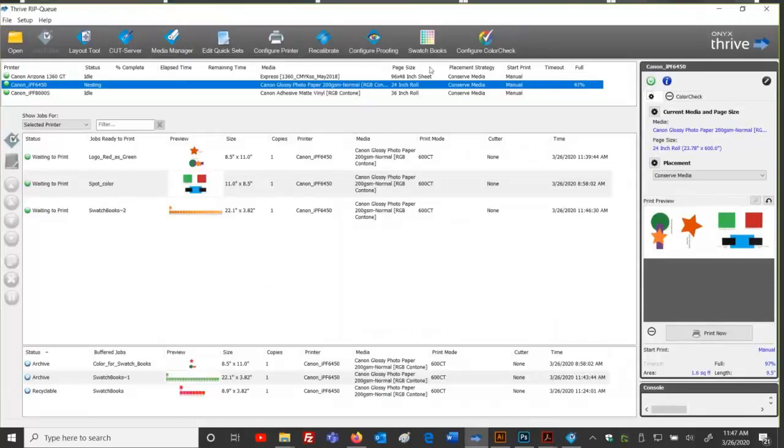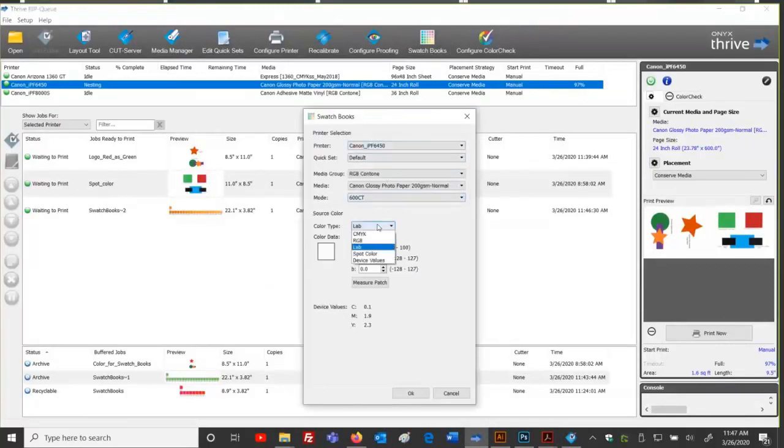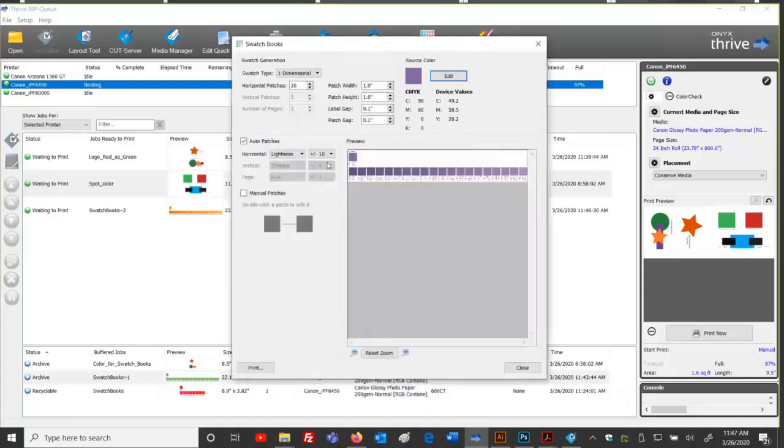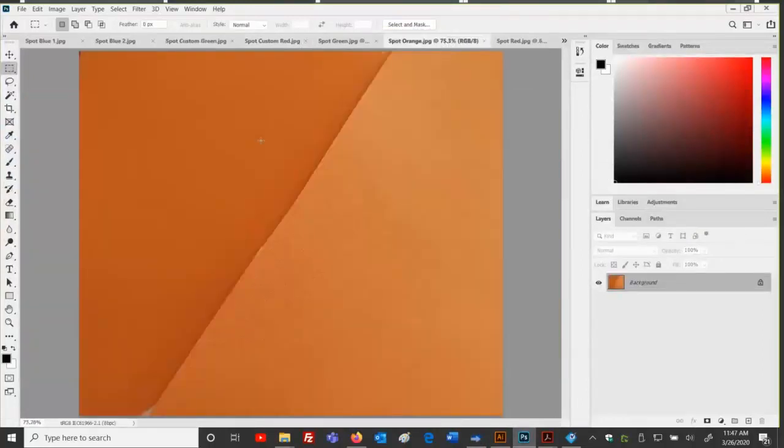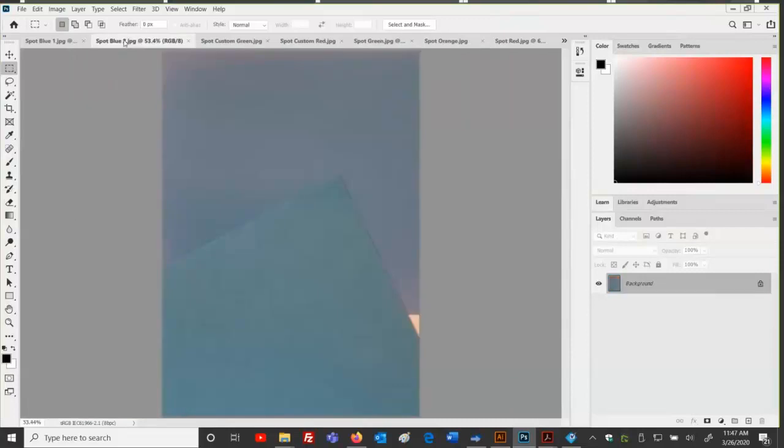So let's go back into Swatchbooks and talk about another example here. I'm going to go back into just CMYK. I'm going to put in some numbers in here and start out with something like that. So in some cases, when you are going through the evaluation process, and you're trying to figure out what's the difference. I want to match the target down below here. This is the printed sample. Is it lightness? Is it chroma? Is it saturation or hue? We're looking at some of these things, like this is a clear example of a hue. The blues are very different types of blues, so hue would shift that.